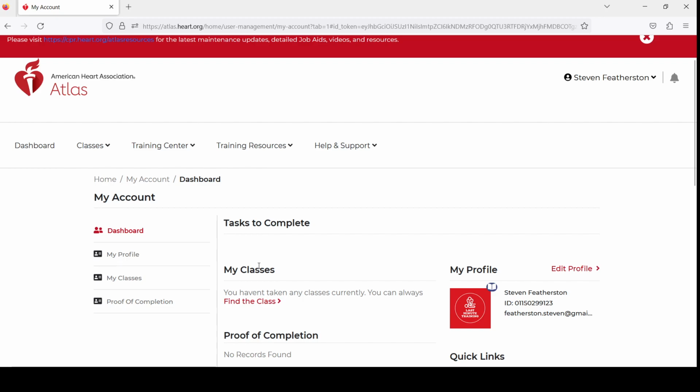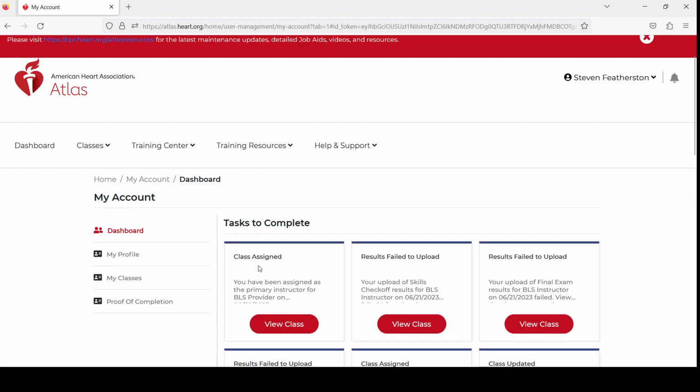So just real quick, what actually changed with the instructor network, where as of the 6th of June 2023, they did a major overhaul of the instructor network, which is now known as Atlas. And Atlas is the main hub for everything that you really need to do to manage your training site. And there have been some changes to the functionality as far as how it establishes that relationship between training instructors and their associated training sites,